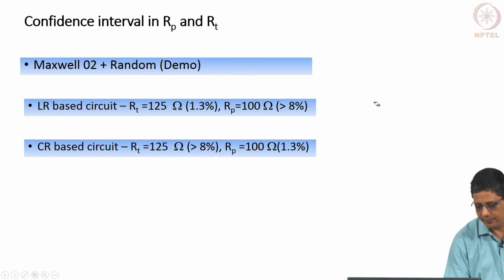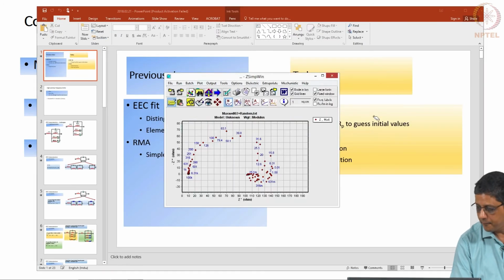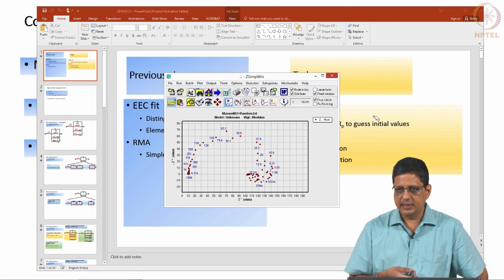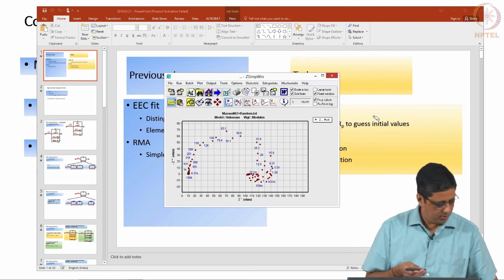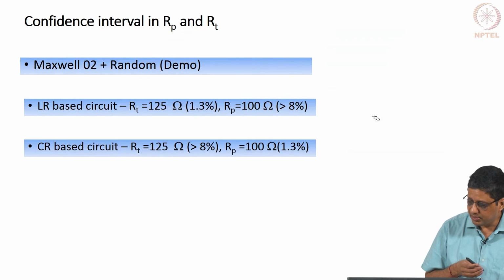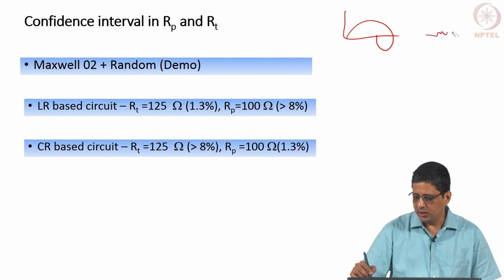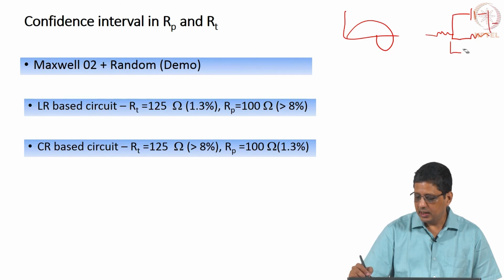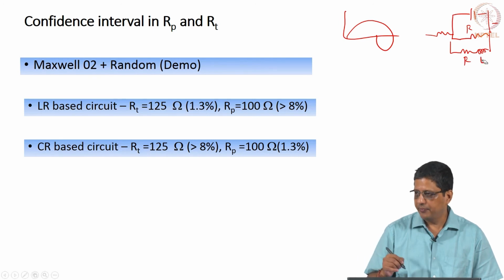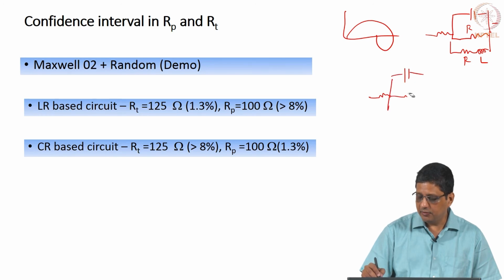I want to show you another example. This is data that I have synthesized, this is something we have seen before. It actually comes from data which looks like this, which you can model using solution resistance, double layer capacitance, and either I can use resistance, inductor, I can model this, or I can do something similar for the first component and I will say resistor, capacitor, and allow negative values.